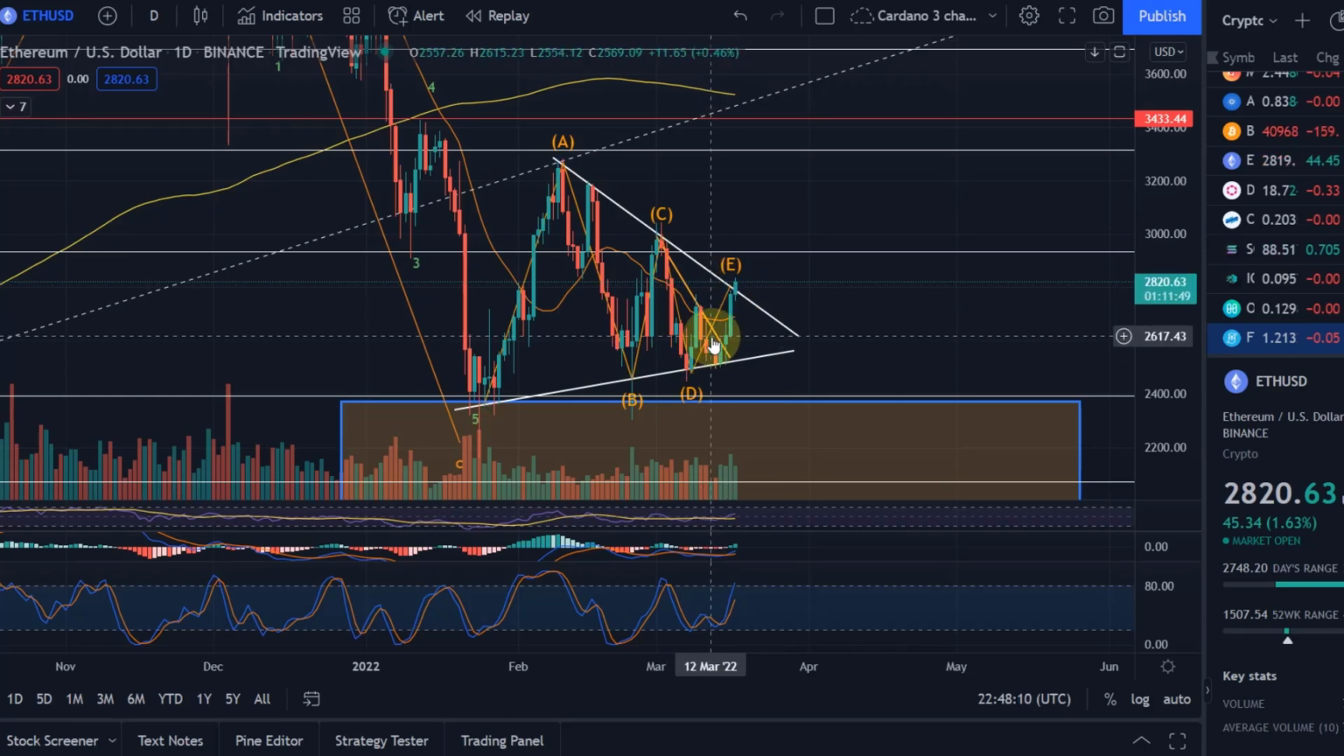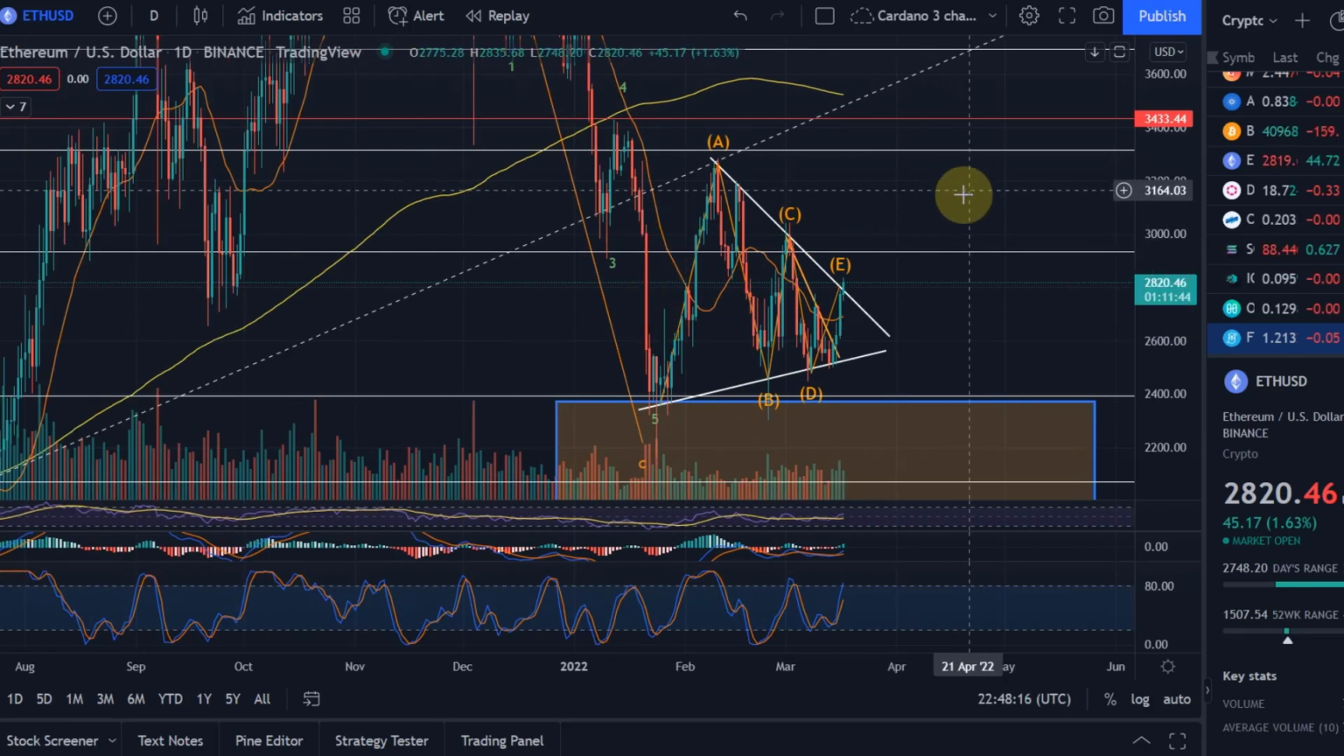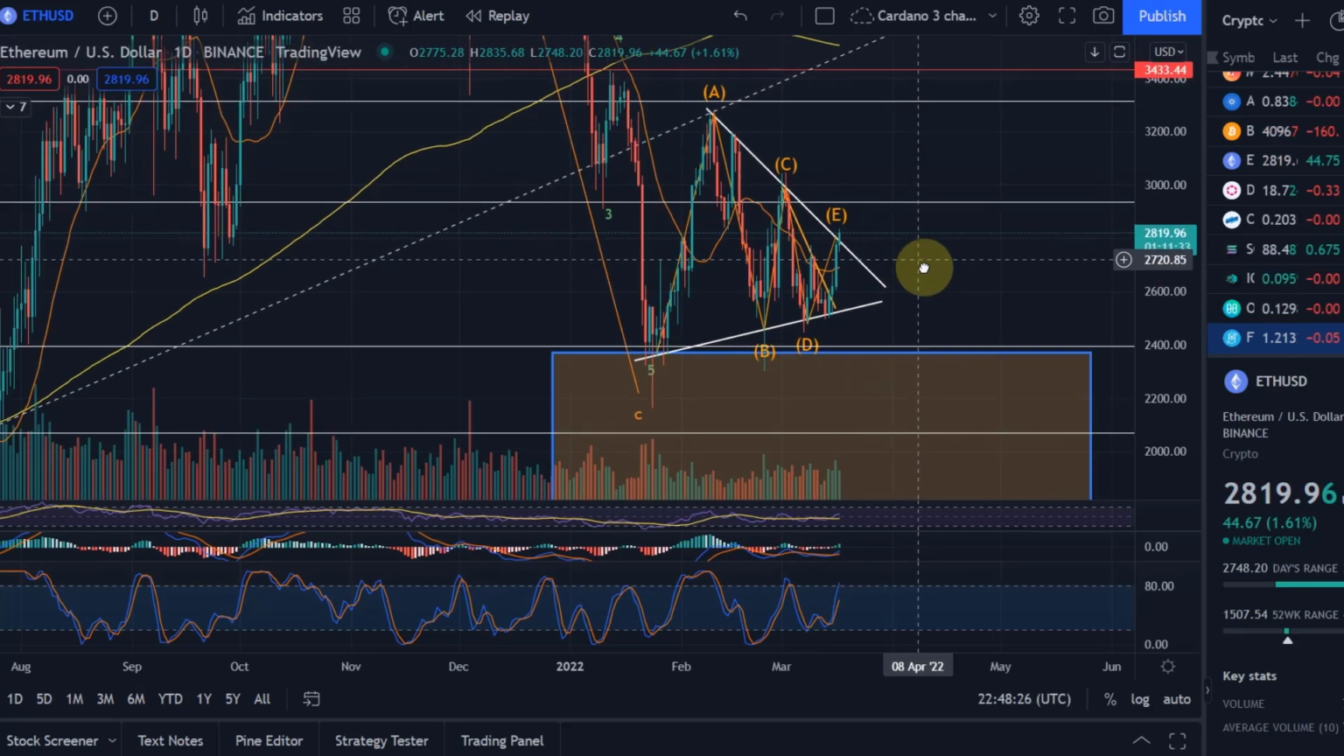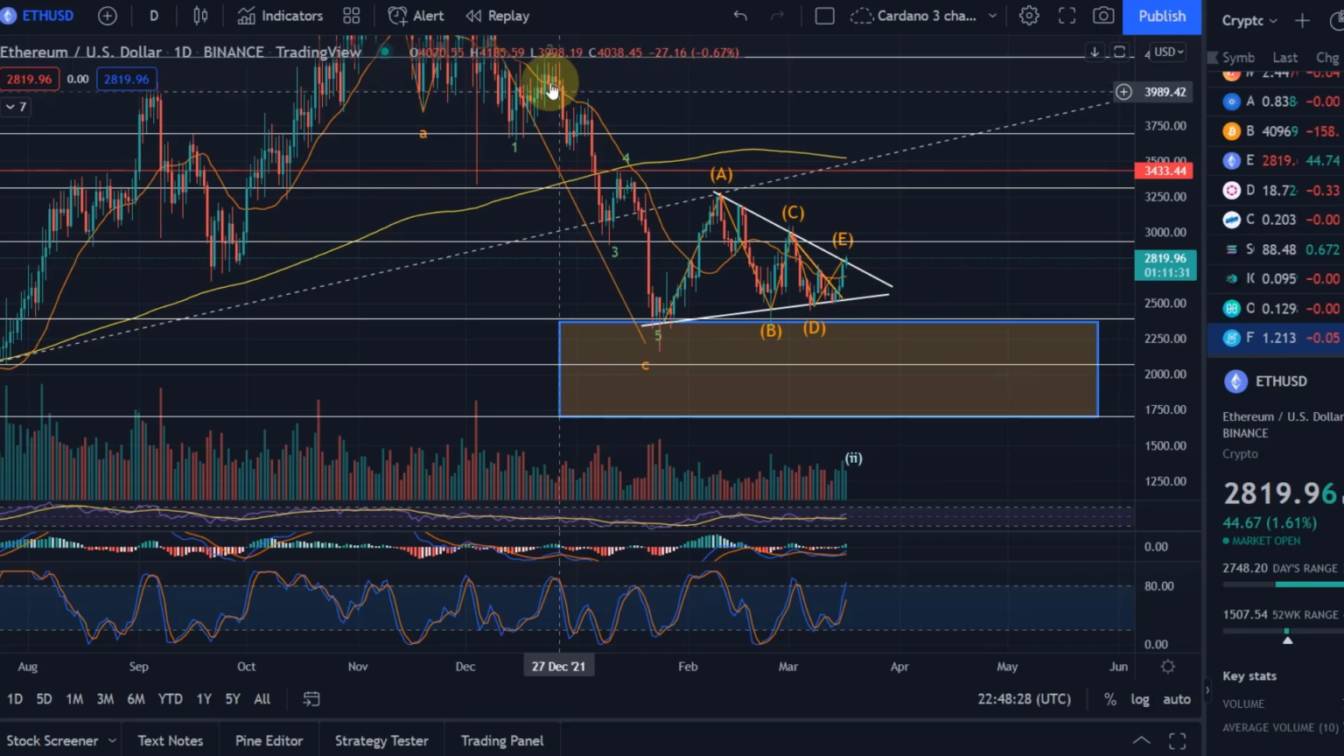When we were starting up here, I told you that I would now expect, if this pattern is going to play out as an A, B, C, D, E triangle based on the Elliott Wave count, a move up to 2,800, to the top of that triangle, or to the resistance level of that triangle. And typically what happens here, because we are in a downtrend, you're coming from above,